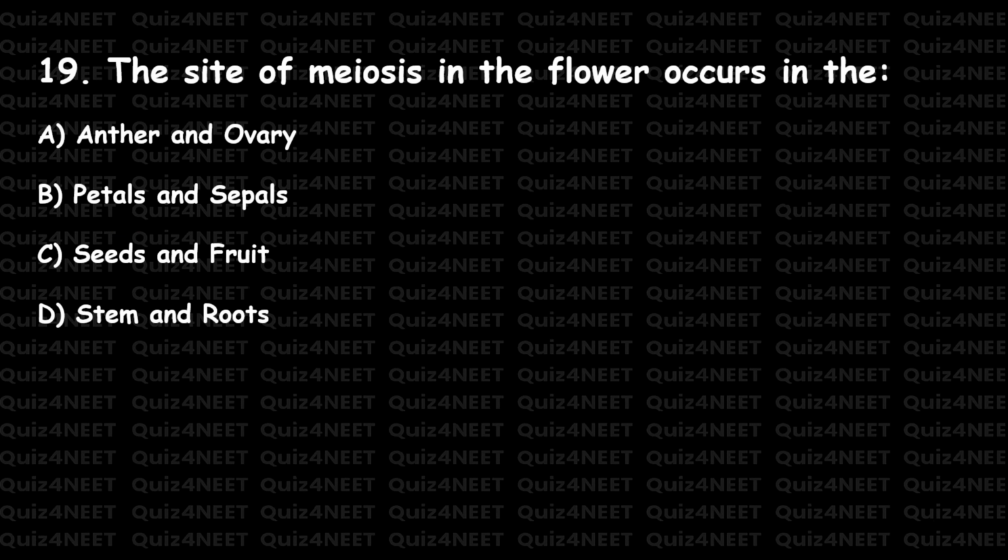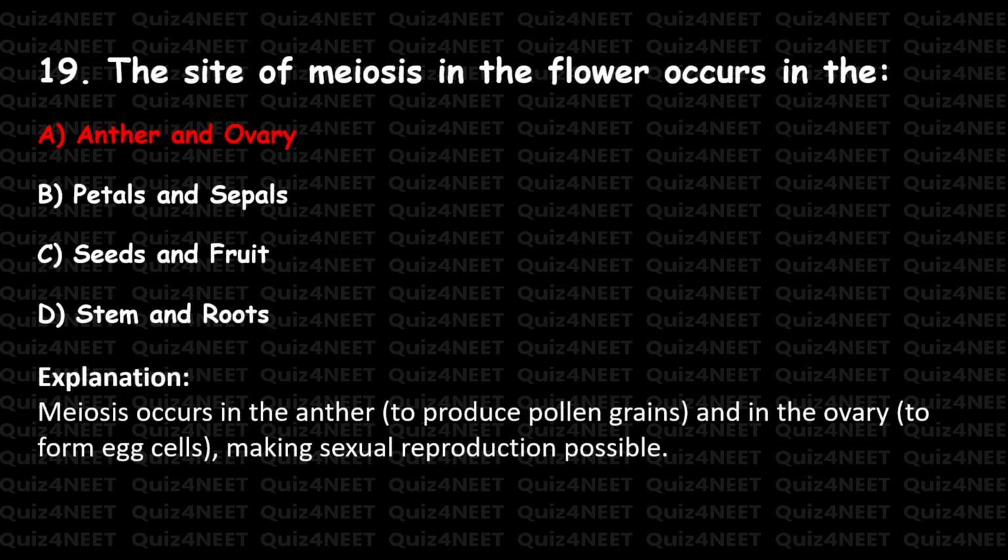anther and ovary, B. petals and sepals, C. seeds and fruit, D. stem and roots. Right answer, A. anther and ovary. Explanation. Meiosis occurs in the anther to produce pollen grains and in the ovary to form egg cells, making sexual